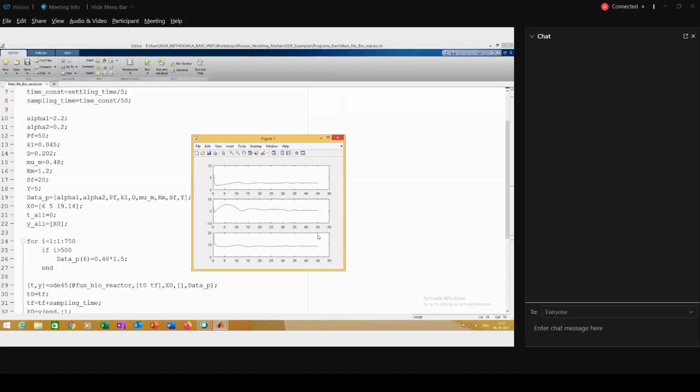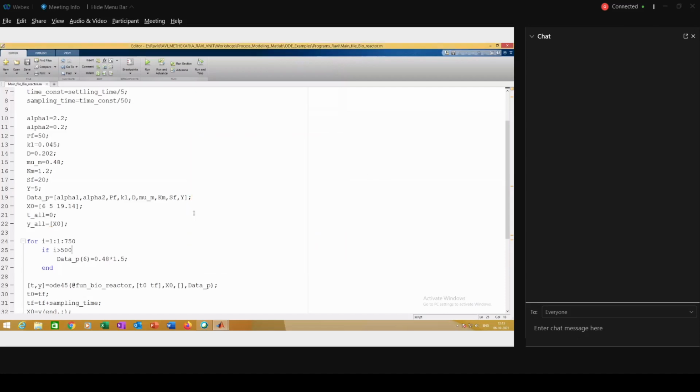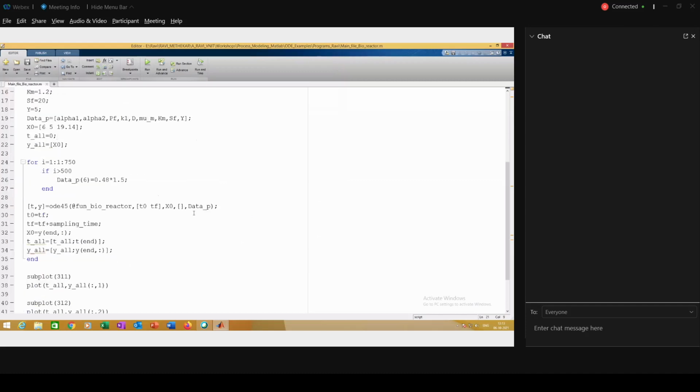Now, as I explained in the previous class, we are doing this for implementing the controller. Let's say mu m is my manipulated variable, and the second differential equation is my control variable.